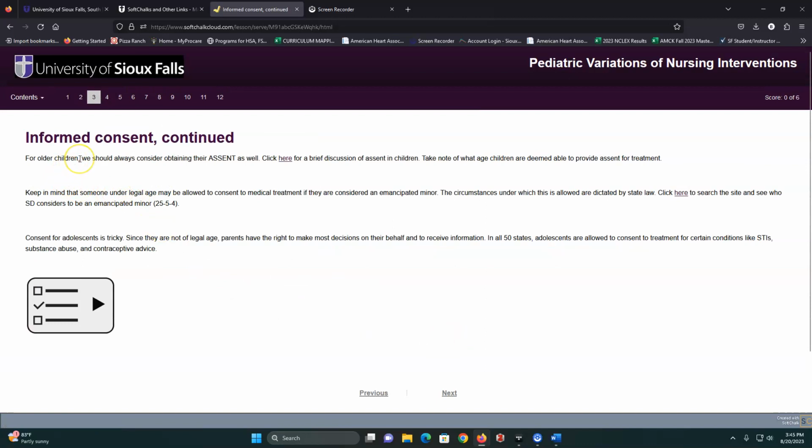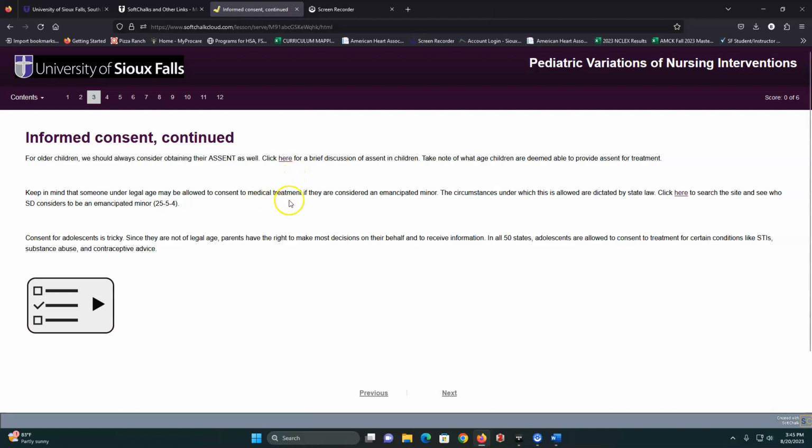With older children and kids that can understand, oftentimes we want their assent, and this is a good discussion of it. Assent means that you've got their blessing as well. The parents might be the ones that give the informed consent, but you want the child on board as well. Life is best when those two align. It gets really messy if the kid doesn't want something done and the parents do, or vice versa. But oftentimes that turns into having good conversations with both the family and the patient.